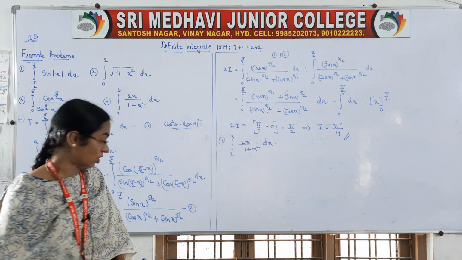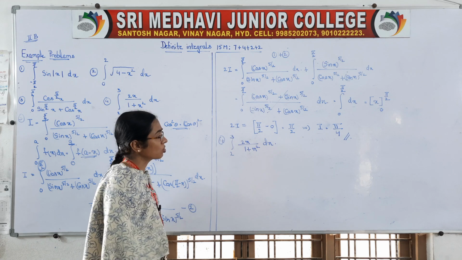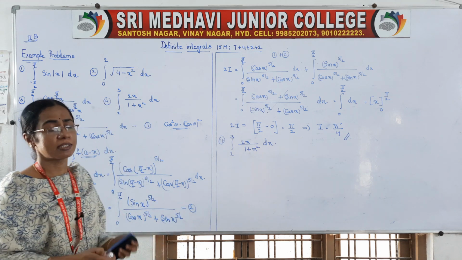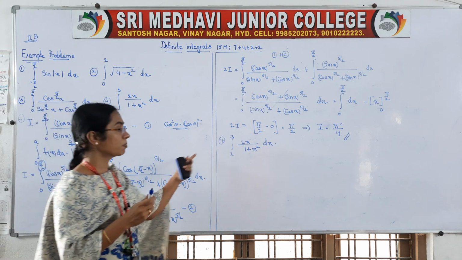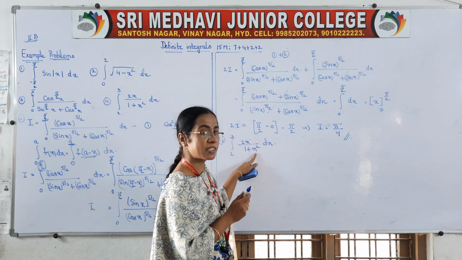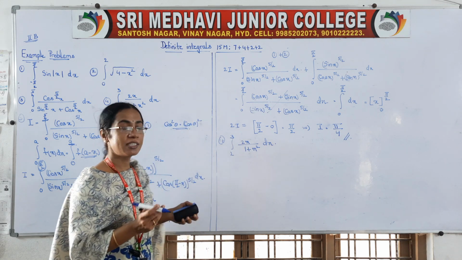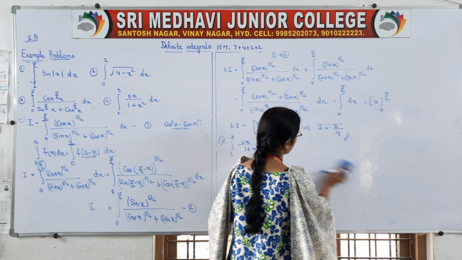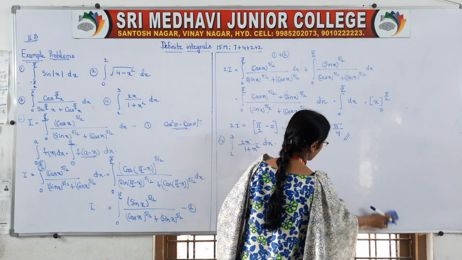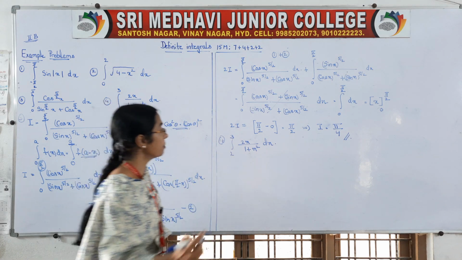So if you observe this problem, integral 2x by 1 plus x square dx is given to us in our integrals. By taking substitution, we solve that problem, isn't it? We have taken this as t. If we differentiate, we'll get this value, isn't it? Same thing here also we have to do. But the only difference between the definite and indefinite is we have to apply the limits here.